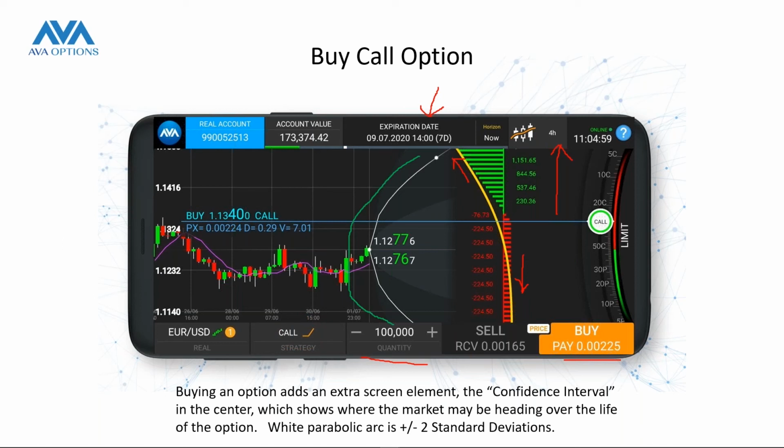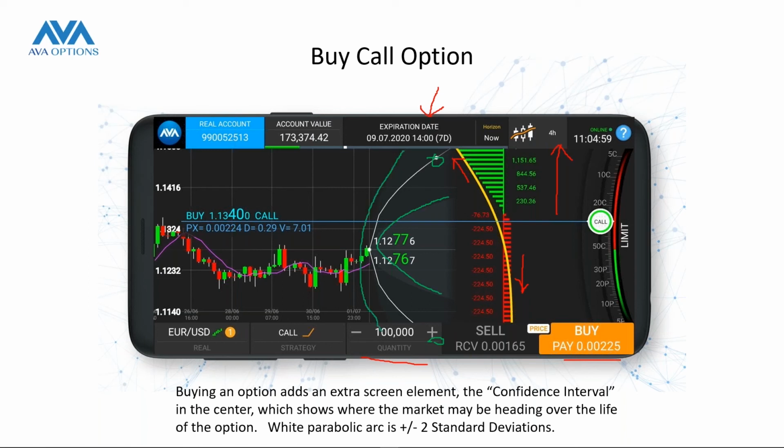That white arc is the confidence interval. In white, we're showing where the market may go, or where the market is expecting as a probable range for 1 week. This white arc is showing plus and minus 2 standard deviations of movement. This white dot up here is 2 standard deviations higher. And then down below, it's actually off the screen, would be 2 standard deviations lower. In shading here, you can see a lighter gray. That's 1 standard deviation of movement. And here on the outside, you can kind of make out 3 standard deviations of movement.